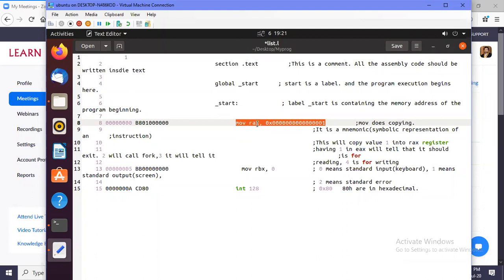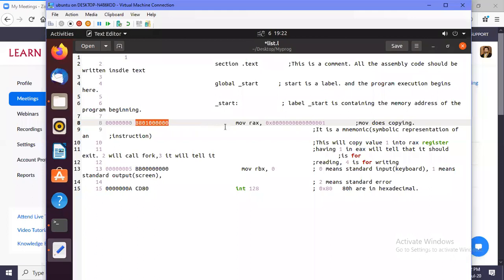This whole assembly language instruction, move RAX to 0, has been assembled by the NASM assembler as this. This is the whole instruction along with the register values. This whole instruction in binary is this.